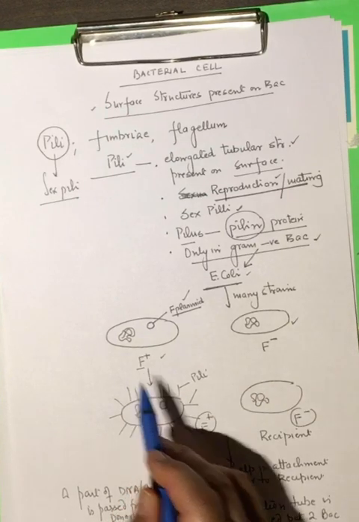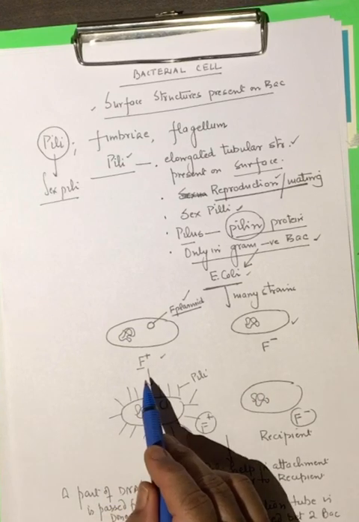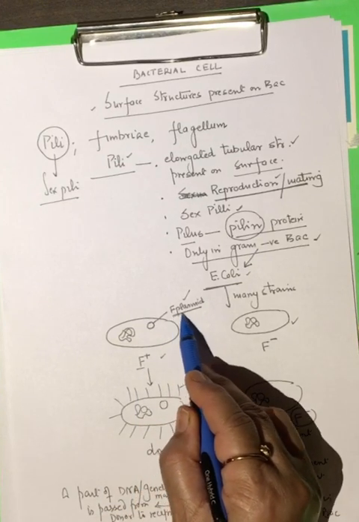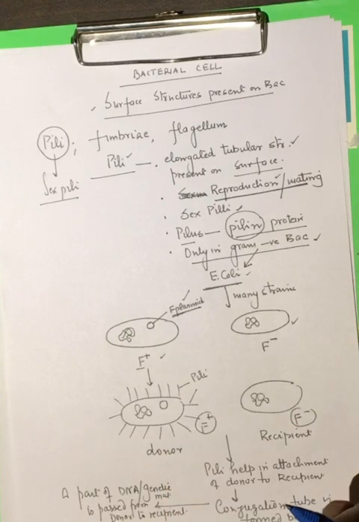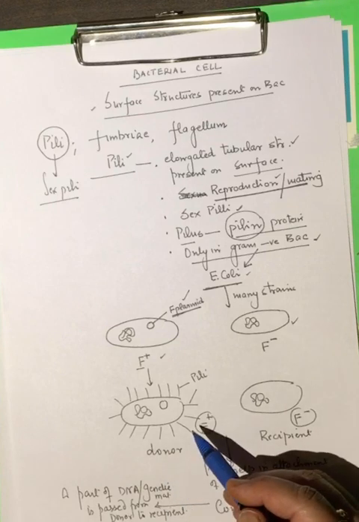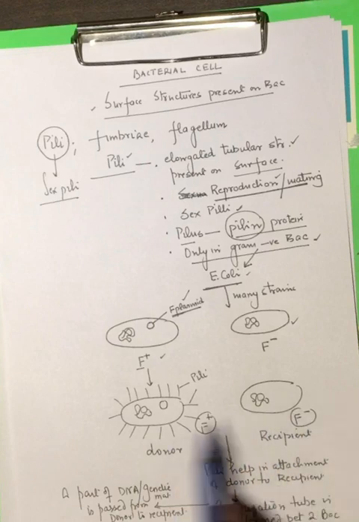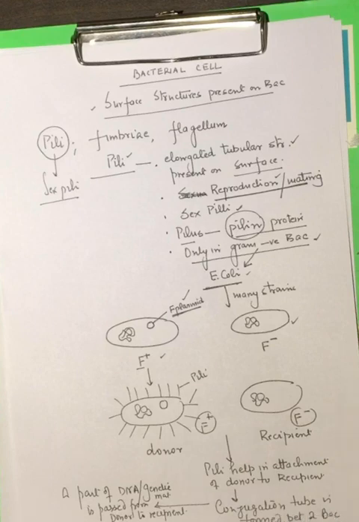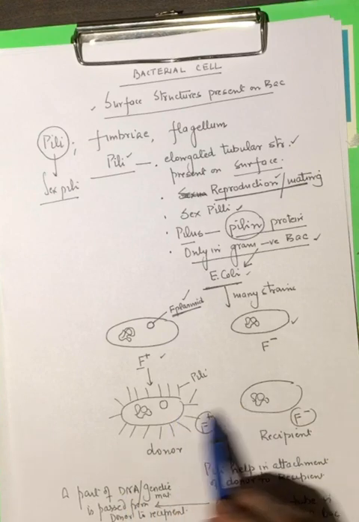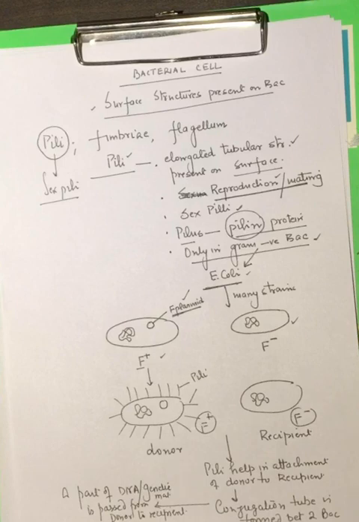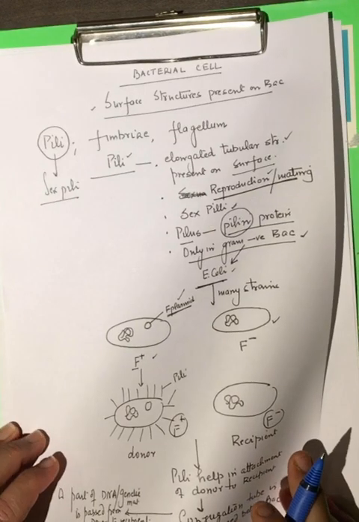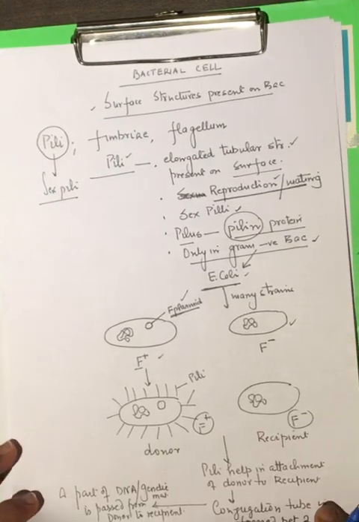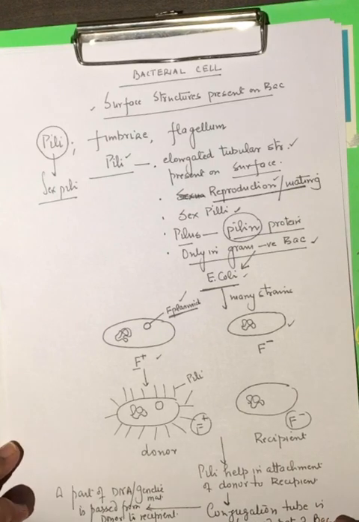So we have F plus bacteria and we have F minus bacteria. The F plus have the F plasmid, which carries genes for sexuality. That means those which have F plus behave as donors, they give out pili, and with the help of pili they attach themselves to the recipient bacteria. So it is a sort of mating going on, and followed by this attachment, a conjugation tube is formed and a part of genetic material is transferred from the donor to the recipient bacteria. So a very primitive type of sexual reproduction can also take place in bacteria, right?